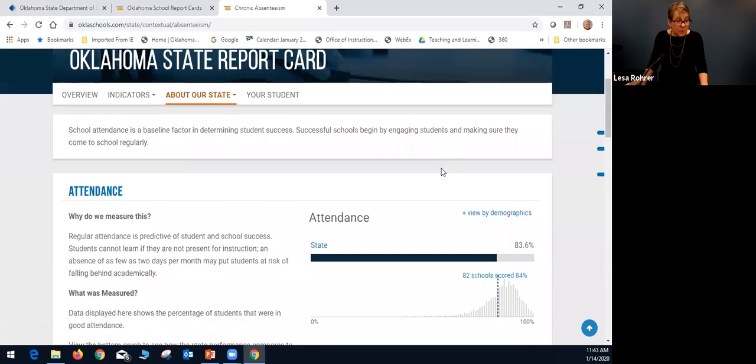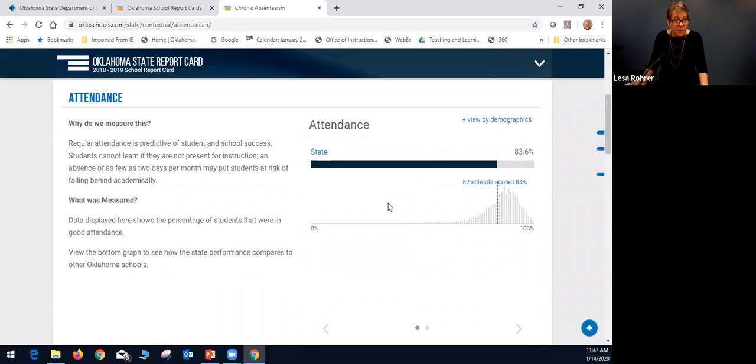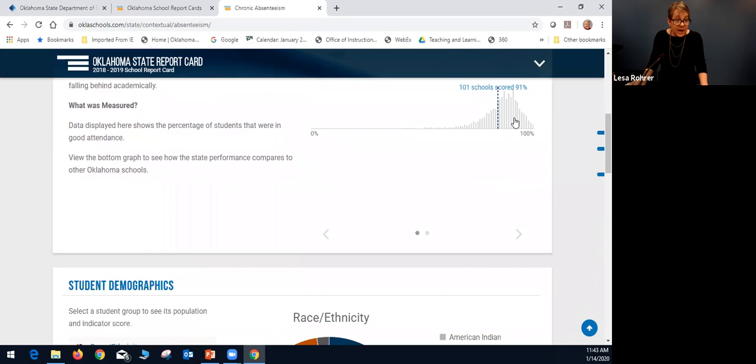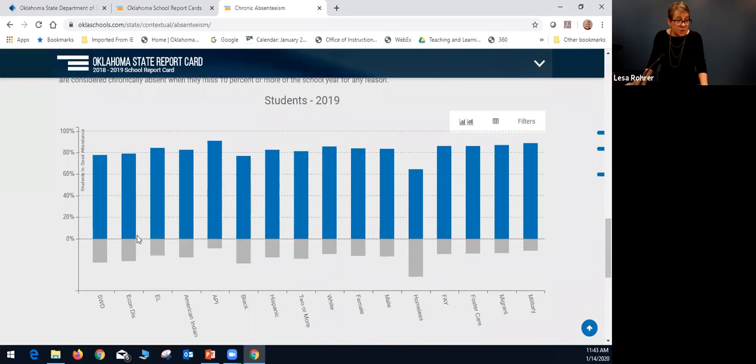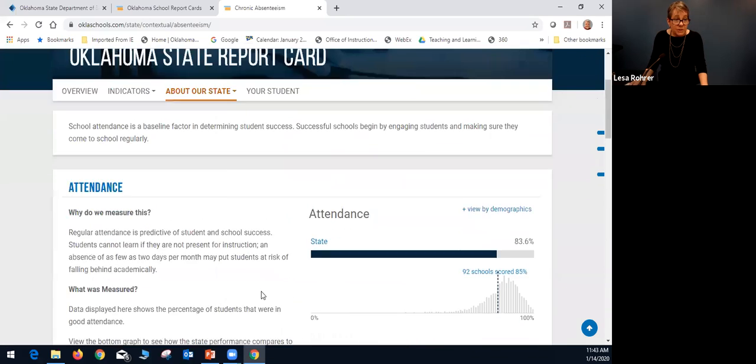Again, we're looking at that rate of students that are not chronically absent, meaning that they are not missing more than 10% of a school year. If you have 165 days in your school year, that would be 16.5. If you had 180 days in your school year, that would be 18. Again, this is interactive. And this is showing that same display. This includes both FAE and NFAE students.